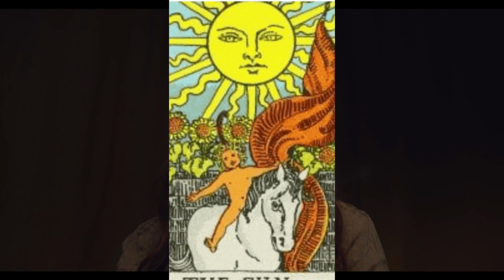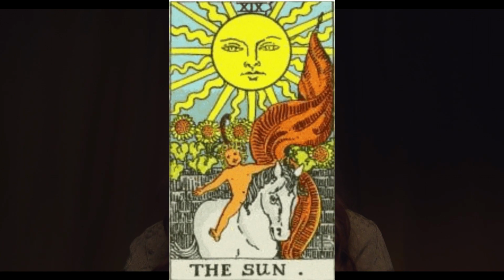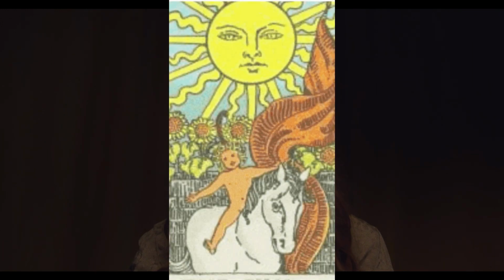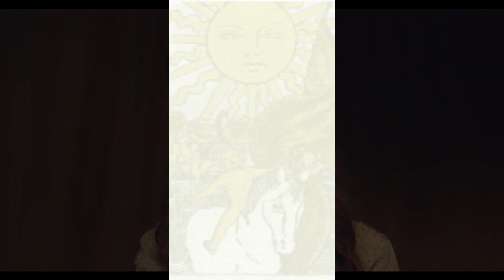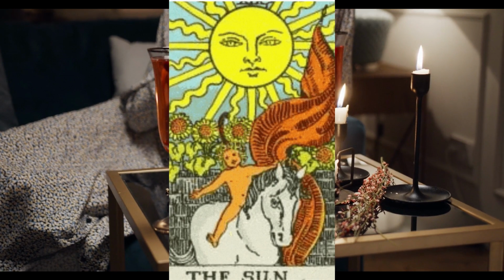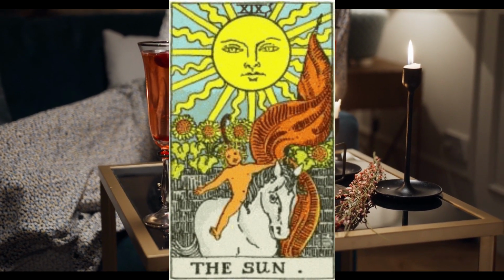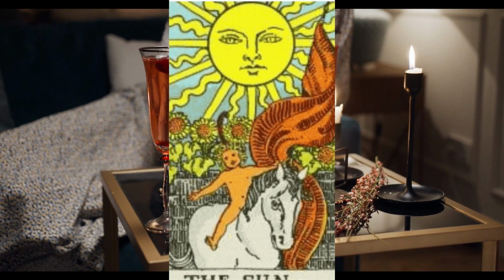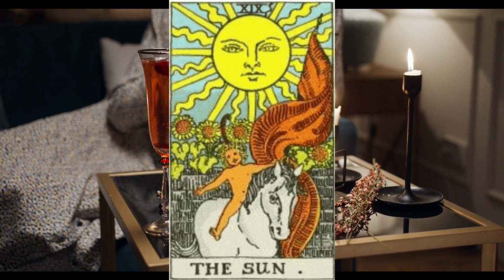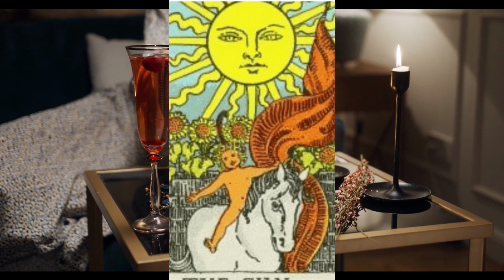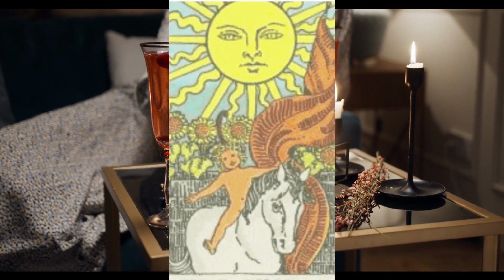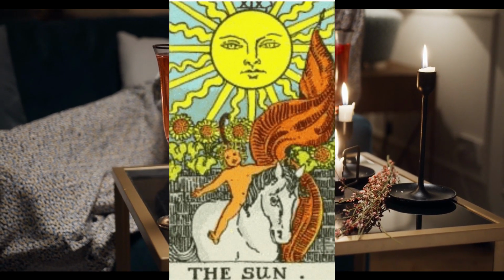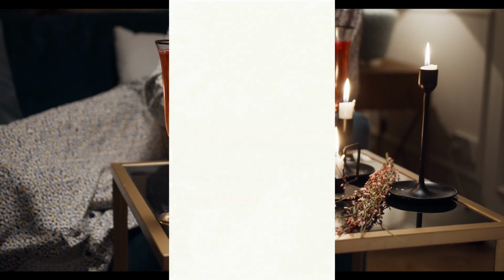The Sun, 19. Upright: happiness, fertility, success, optimism, truth. Reversed: sadness, procrastination, pessimism, lies, failure. The Sun Tarot card in the upright position shows positivity and fulfillment in your life. If you have been going through a hard time and the Sun falls in an upright position, things will quickly improve. The Sun reminds us to look at the bright side of things and remind ourselves that hard times don't